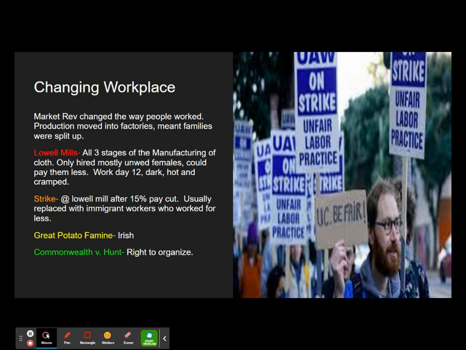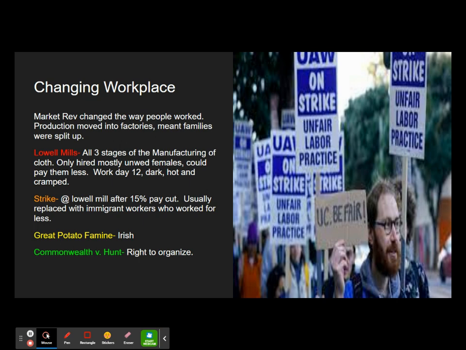And I mean, all these lung problems. And look, back in the day before Commonwealth versus Hunt, people did not have the right to go on strike. So if you were working at a wool mill, and they announced a 15% pay cut, well, even if you went on strike, which means work stoppage, they could just let you go, right? So either you go on strike, be fired, your family's going to suffer, or suck it up, take the 15% pay cut, or they can replace you by this enormous amount of immigrants that's come to the country that will be glad to have a paying job, okay?